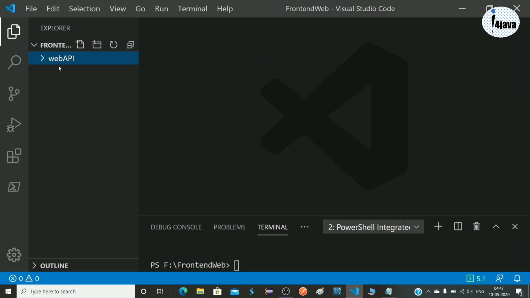We have done the creation of our project here. Now we can run it and check whether it is working or not.